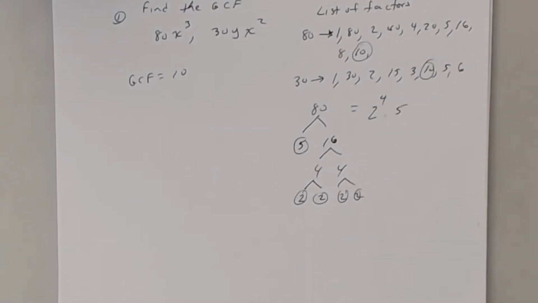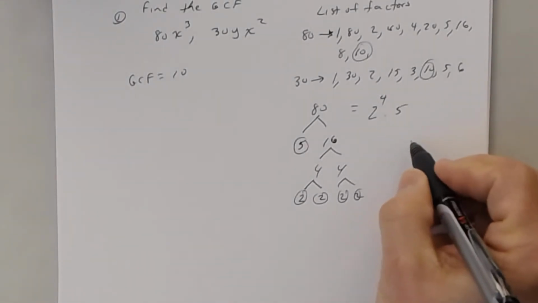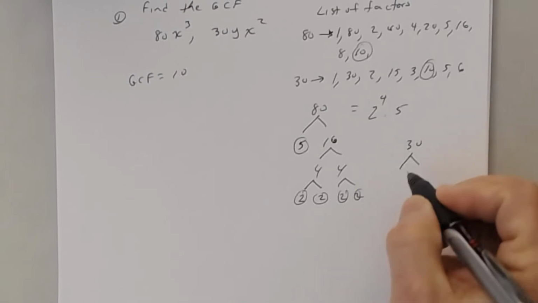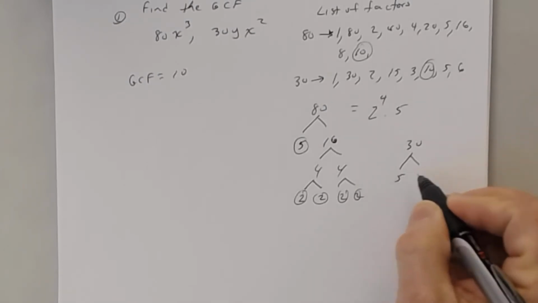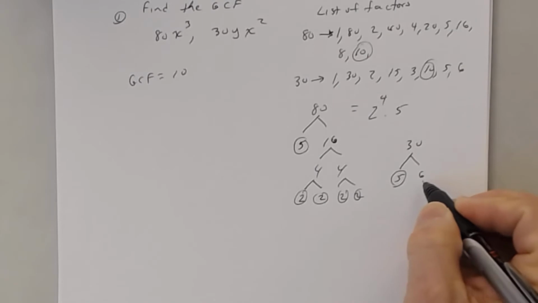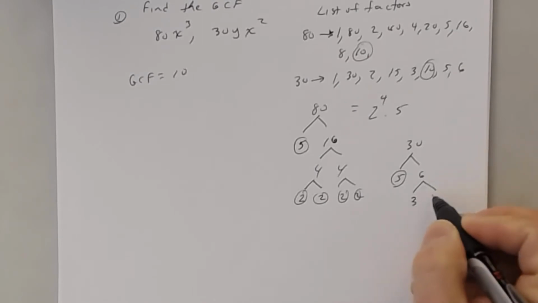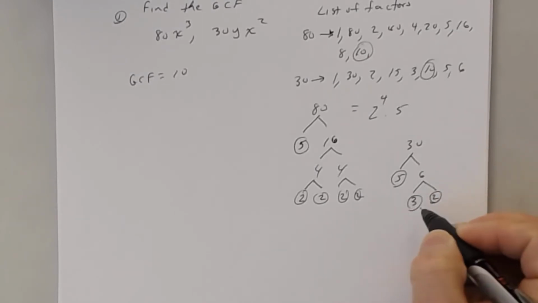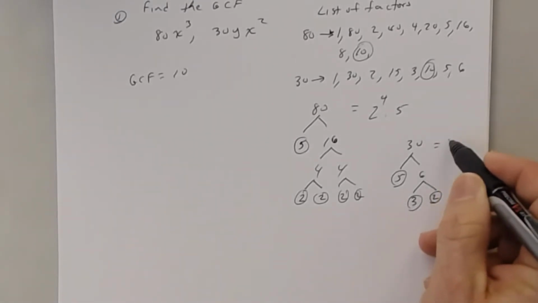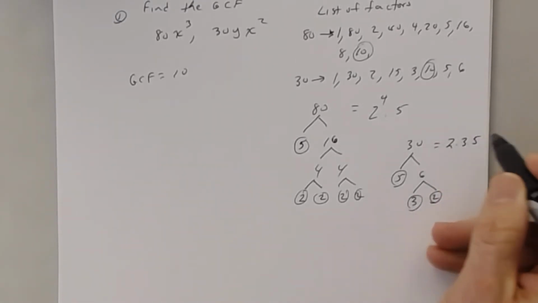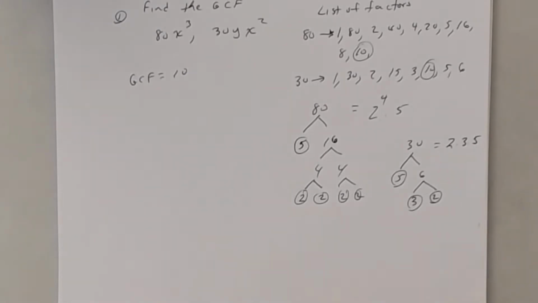5. All right, so let's do 30. 30, what do you want to use? 5 and 6, okay. I can circle 5. What about 6? 3 times 2 or 2 times 3, and I can circle those. So 30 is 2 times 3 times 5. Y'all agree? Okay, so what I'm going to do now is just list the